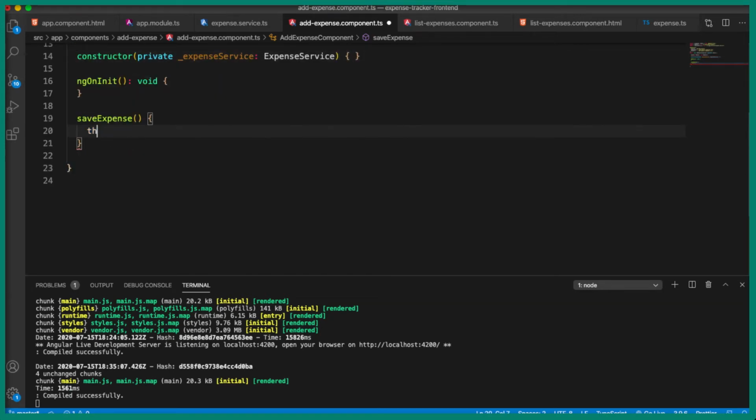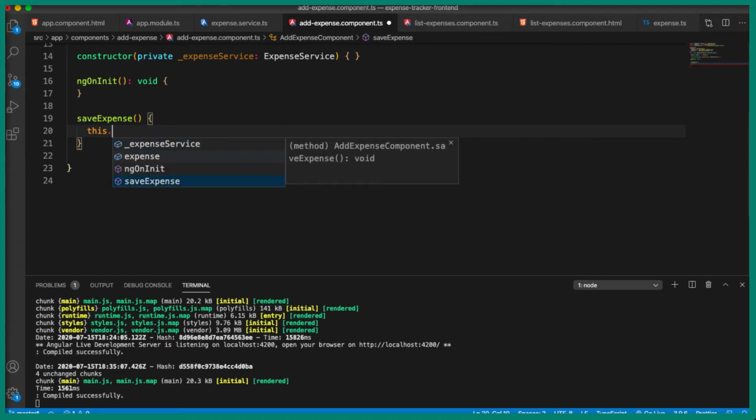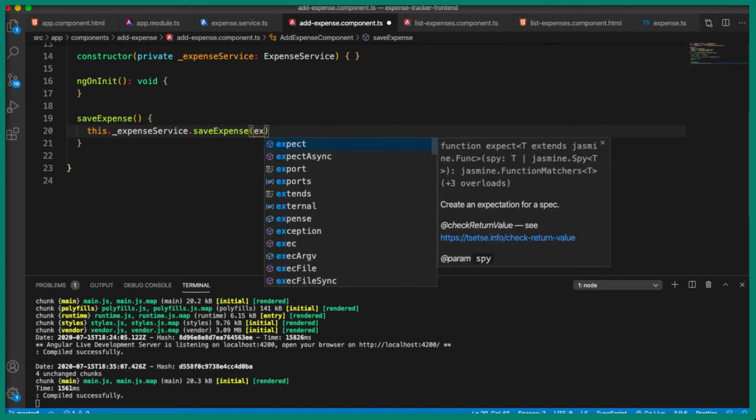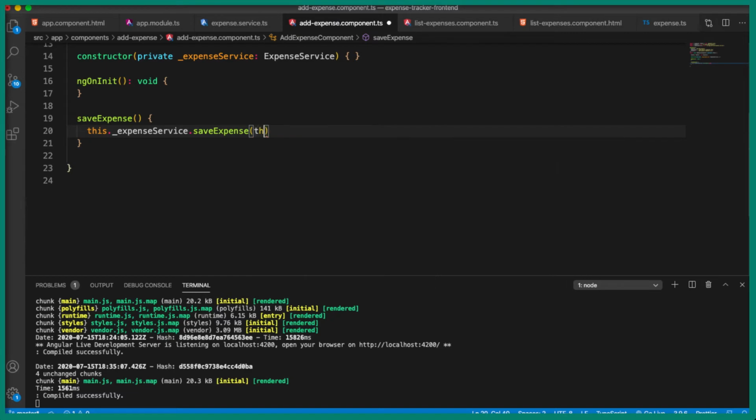So let's make use of this dot expenseService dot saveExpense, and to this we are going to pass the expense object which is available above, this dot expense, and we need to subscribe to that method, and this will give us the response. I'm going to call this data, and we don't need to assign the data to anything, because this is just a save operation, so we don't need to return it back to the view template or anywhere else.